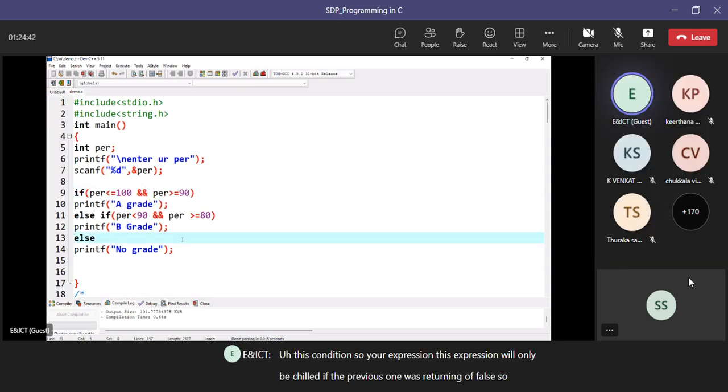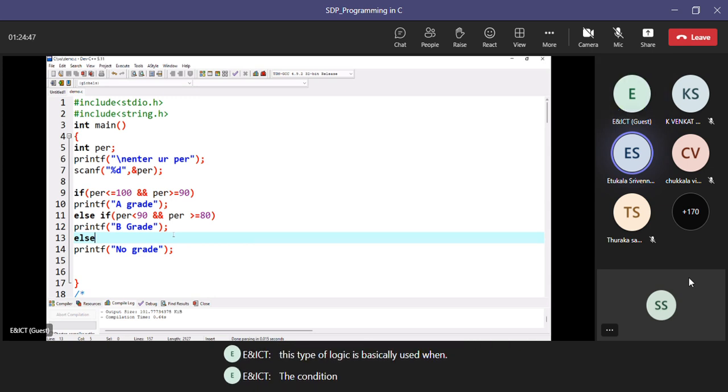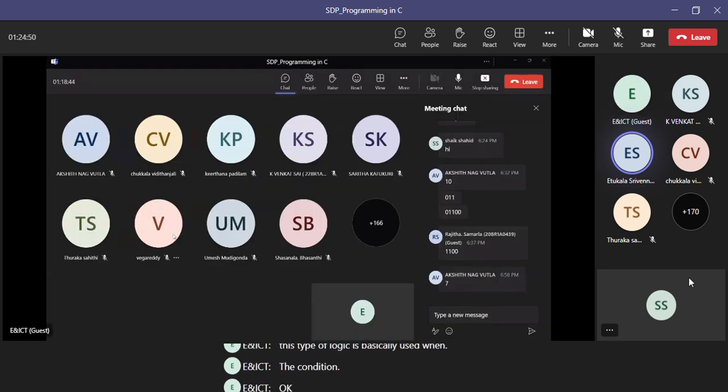So this type of logic is basically used when there are multiple conditions and we want